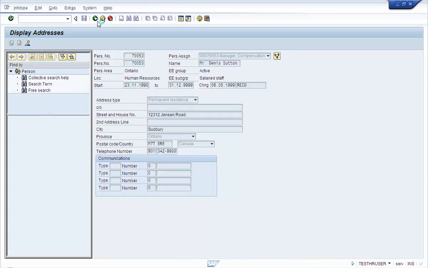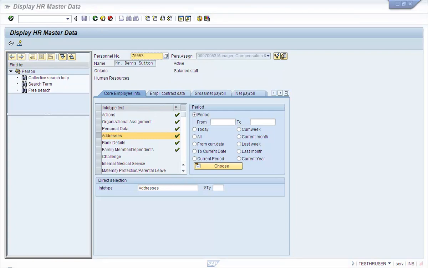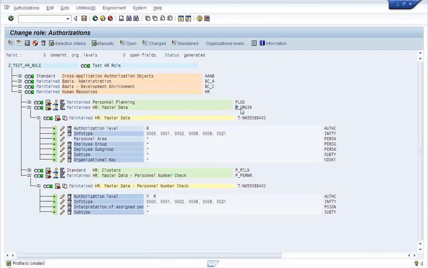So the HR master data is controlled by P_ORIGIN. Now if the user wants to see only his own information, then he needs access to P_PARTNER. That should be good enough for him or her.